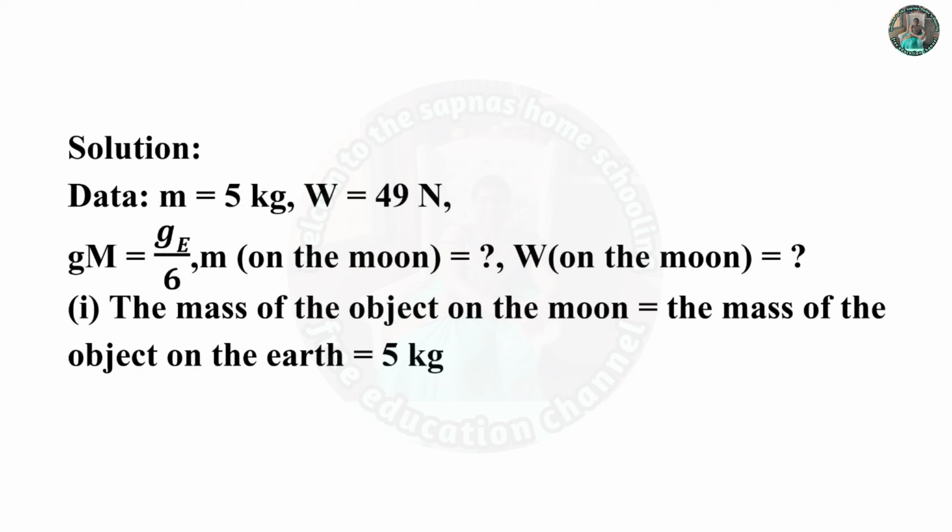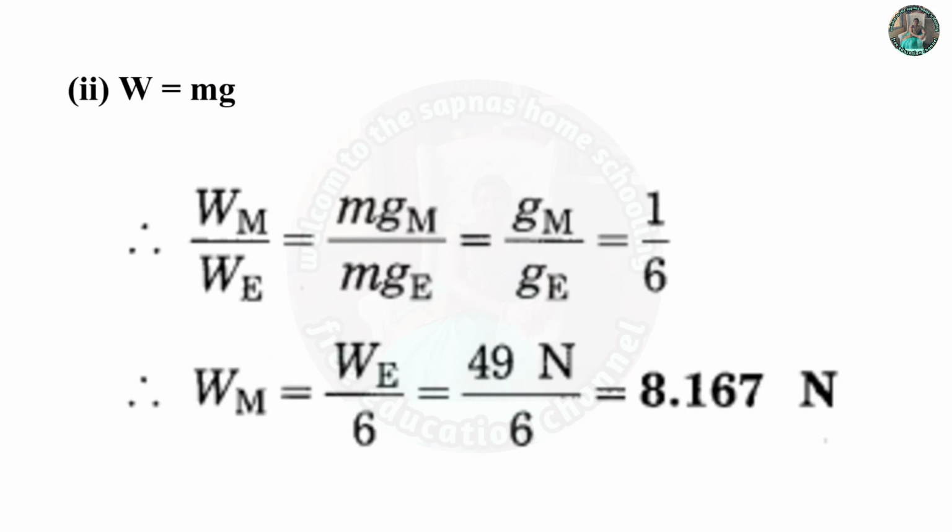And W on the moon is equal to what? First, the mass of the object on the moon is equal to mass of the object on the earth, is equal to 5 kg. Second, W is equal to mg. So that's why Wm upon We is equal to m gm upon m ge, is equal to gm upon ge, is equal to 1 upon 6. So Wm is equal to We upon 6, is equal to 49 Newton upon 6, is equal to